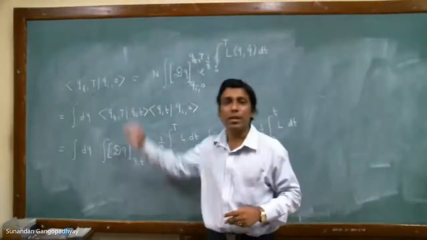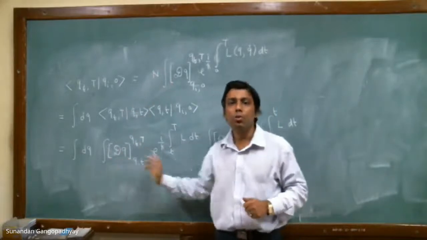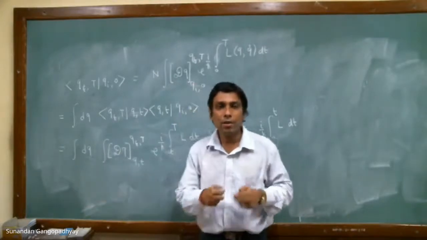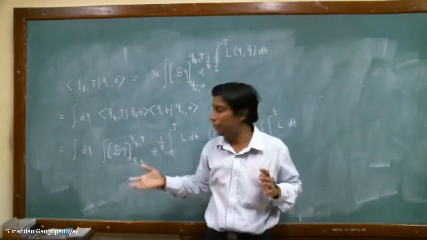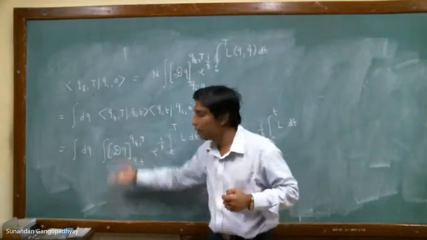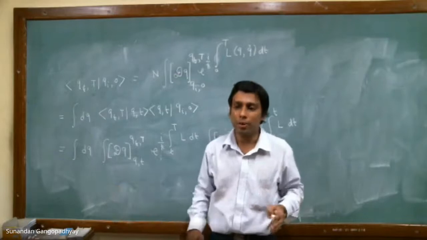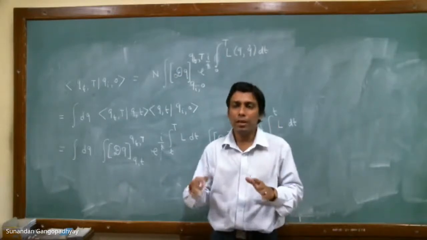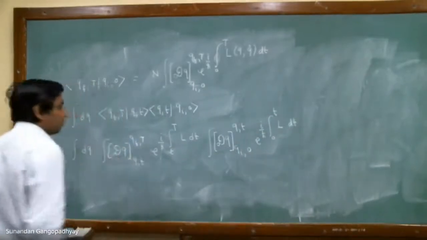You could just reverse the argument backwards, and you can say that you can sew these two path integrals together, plus this ordinary integral, and sew it up to get a single path integral. So this is the sewing principle. If you reverse the argument backwards, you get the sewing principle. If you do the forward argument that I showed you just now, it gives you the cutting principle. So this is a very nice principle to have in your mind, because it can help you in many other different places. So just keep this in mind.